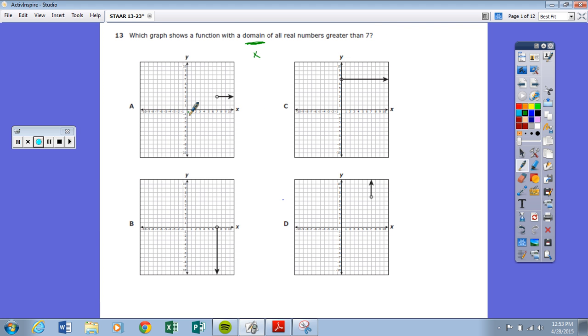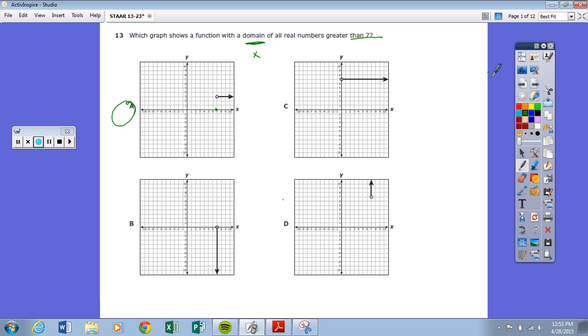So what I would do is just go to 7 on the x-axis, 1, 2, 3, 4, 5, 6, 7. And you want to see on your graph, it needs to be everything going this direction. Well, this one already looks like the winner, believe it or not, because that's exactly what's happening. It's numbers 8, 9, 10, everything bigger than 7. This one would be x is 0, and that doesn't work. This one does have x being at 7, but then it doesn't go to the right like it should for